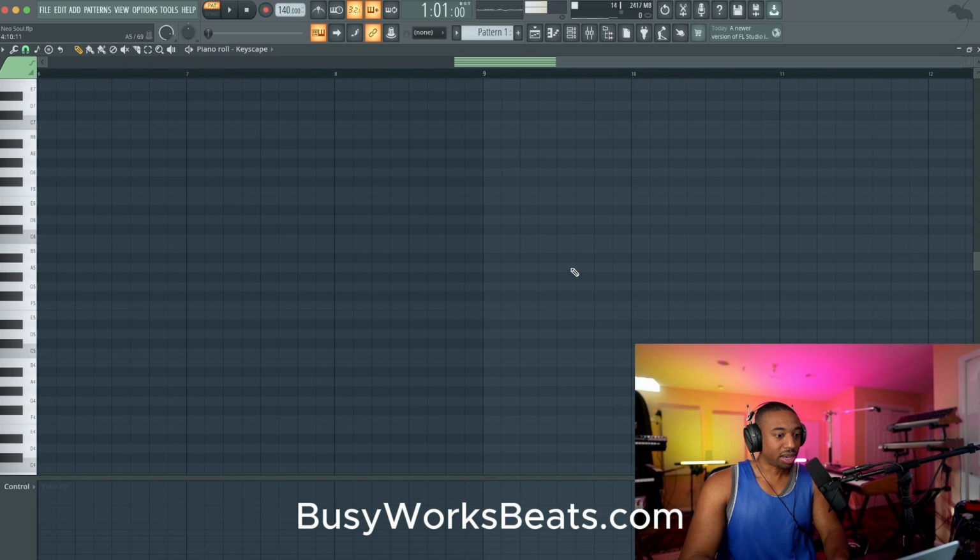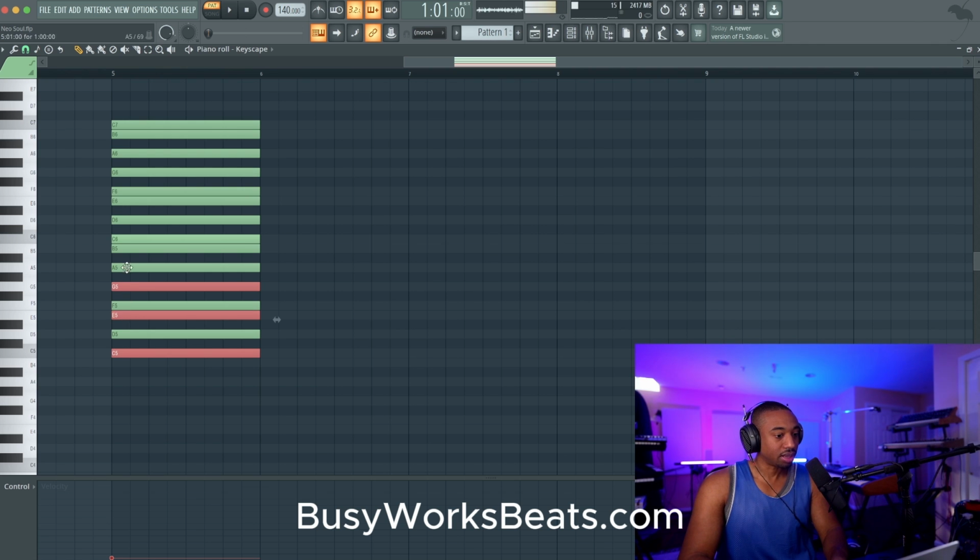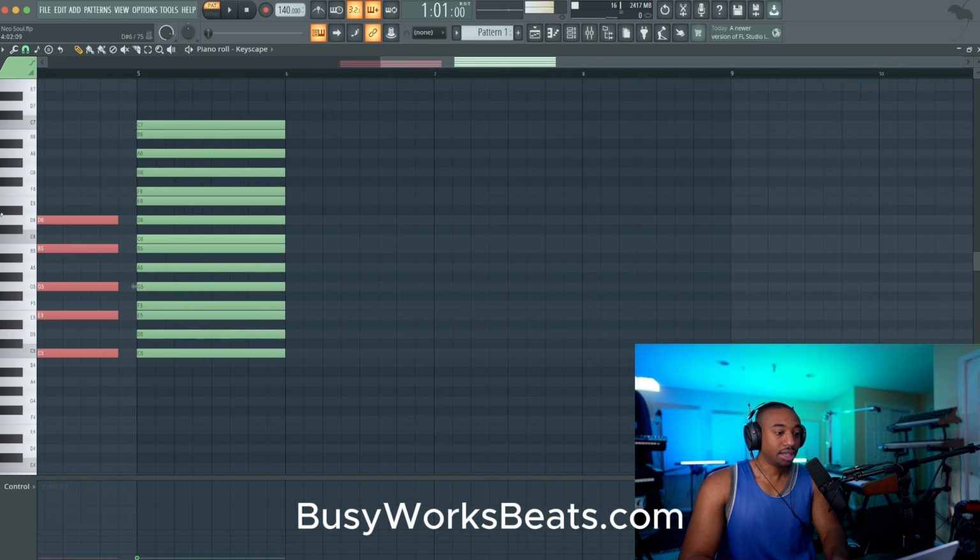We're going to use the C major scale, which is all the white notes starting from C. To make our first chord, we're going to start at C and skip every other note within this scale. Okay, so we're going to C, skip D, go to E, skip F, go to G, skip A, go to B, skip C, go to D. This creates a ninth chord.